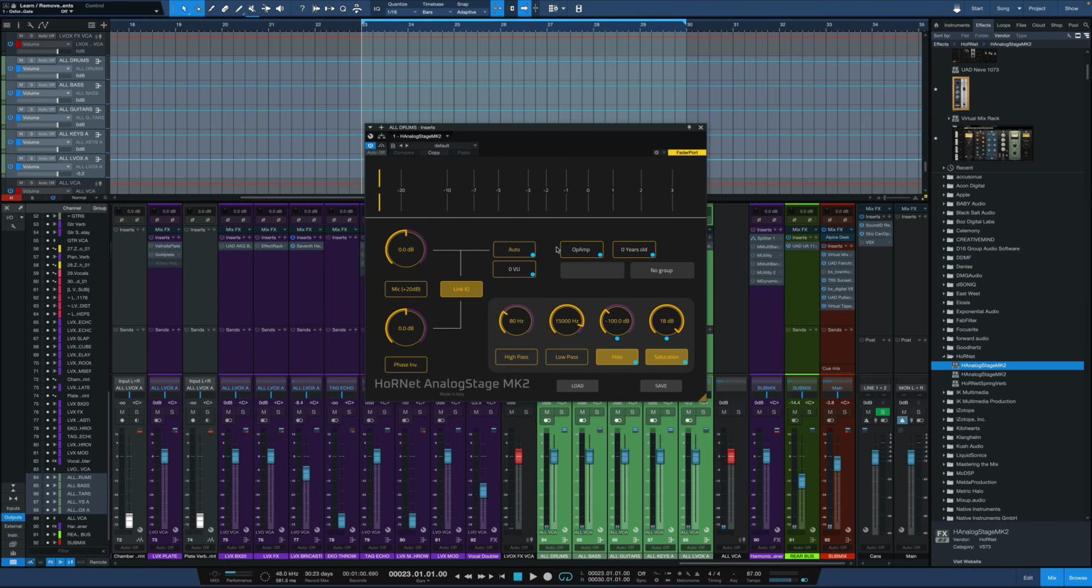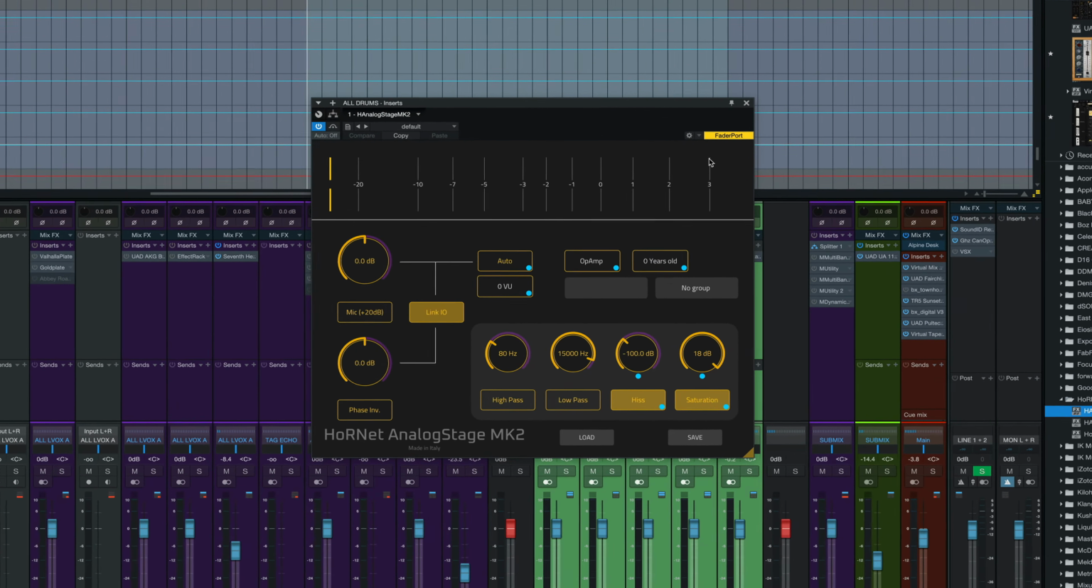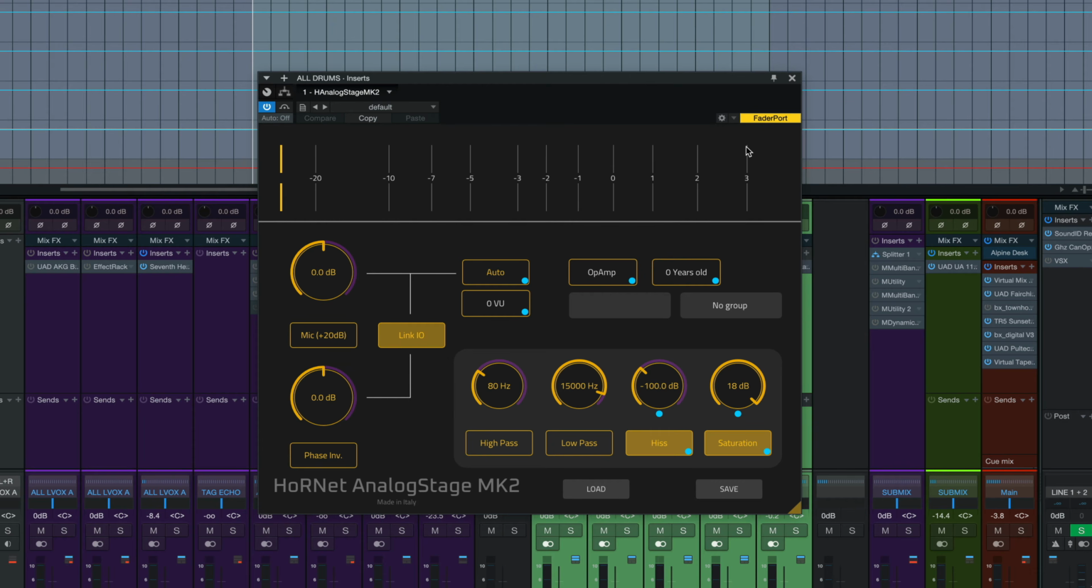A newly updated plugin from HoRNet plugins, and that is Analog Stage Mark II. This is a plugin that models the console input stage, the preamp, of three different types of consoles. Not specific consoles, but types of consoles. We'll go through what these three different types of consoles are and all the different controls right now, starting with